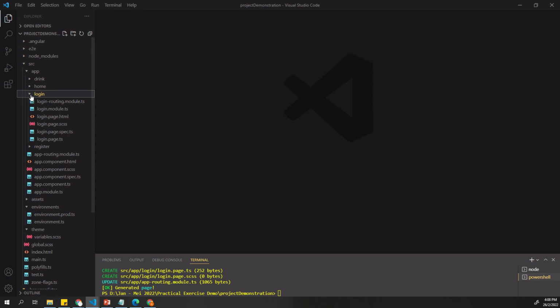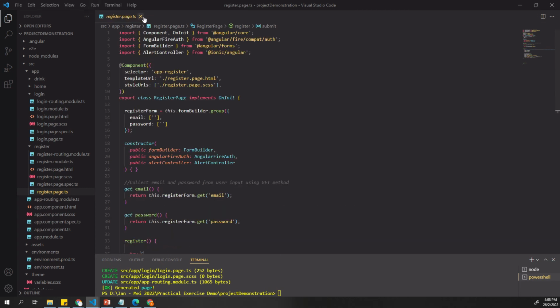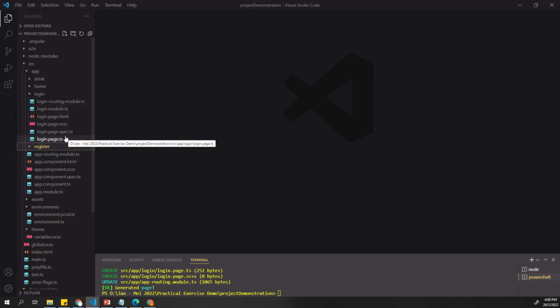Actually, the process is quite similar, almost similar with what we have done inside register page. Yang berubah adalah di bahagian ini. Instead of create user with email and password, we will use login. Okay, so let's do that. First is to import. Jangan lupa kita nak import reactive forms module tu supaya kita boleh gunakan a simplified